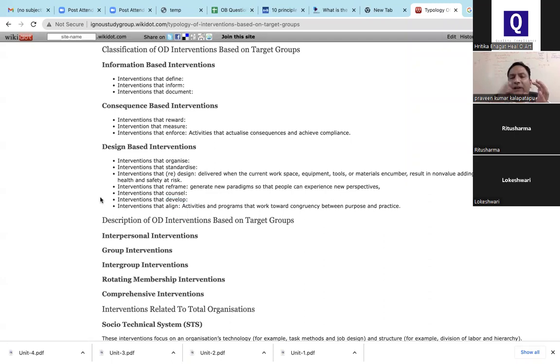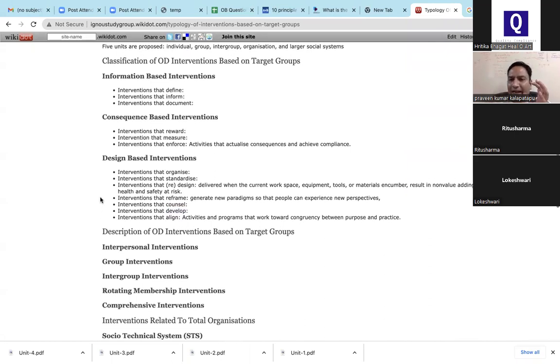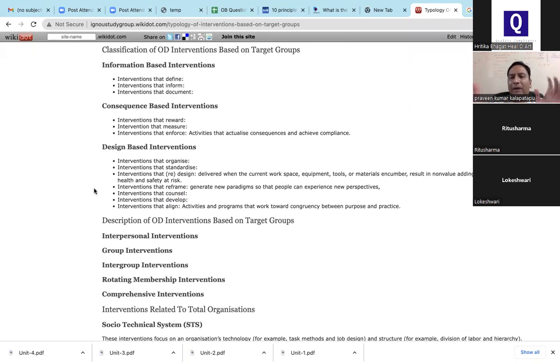Even counseling and alignment, if you're trying to align your programs to the purpose or vision or whatever it is, all these interventions are design based interventions. So broadly three categories: information based intervention, consequence based intervention, design based intervention. So we finished the categories or classification of it. Now we are going into the